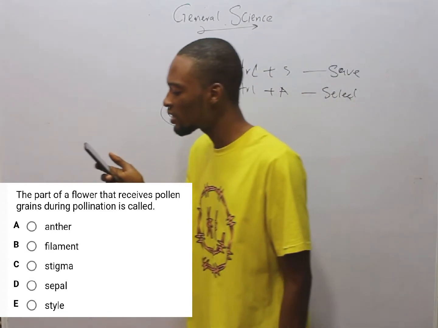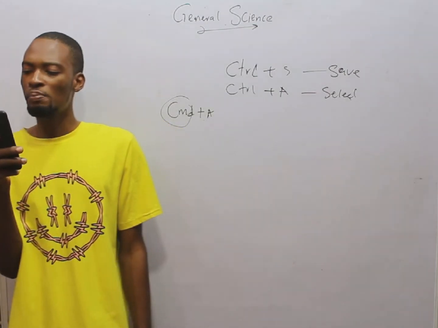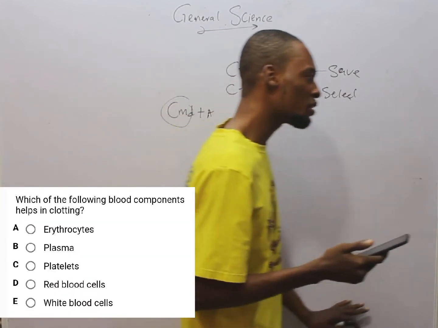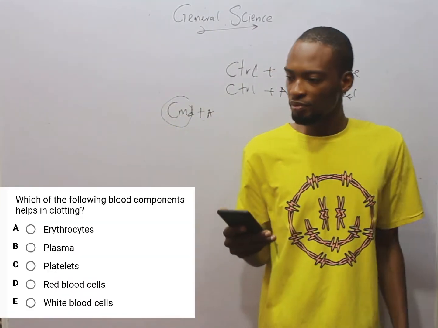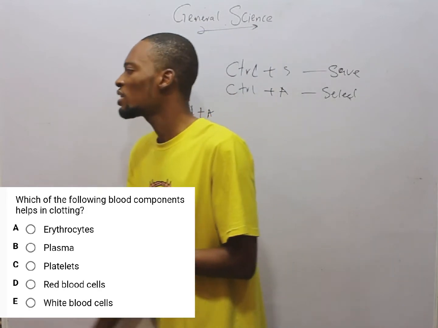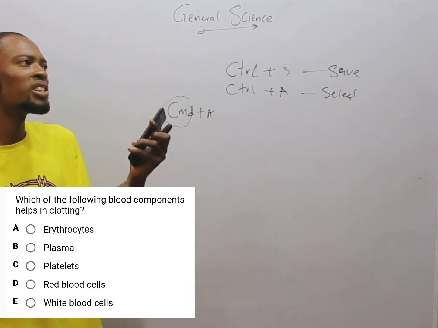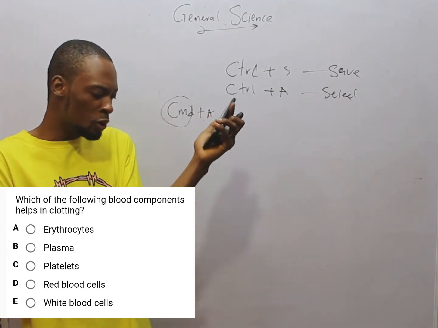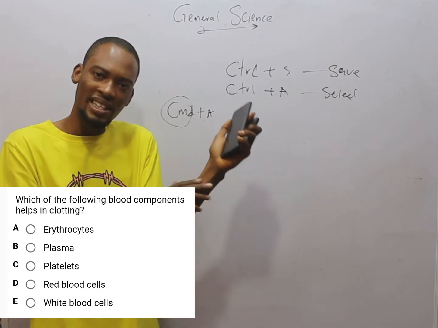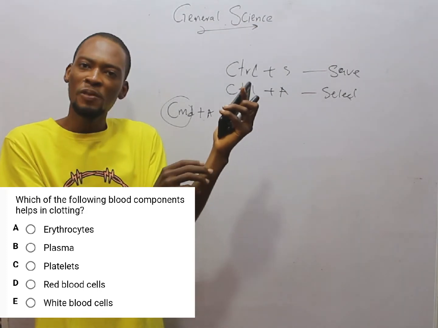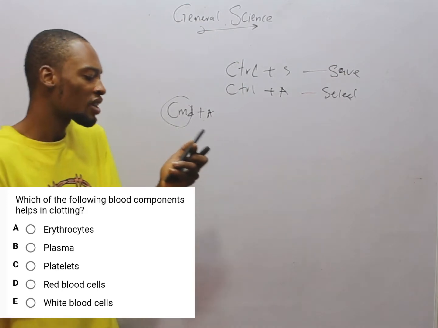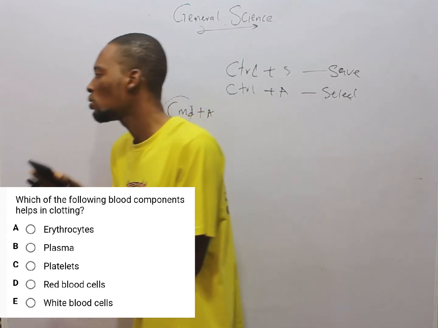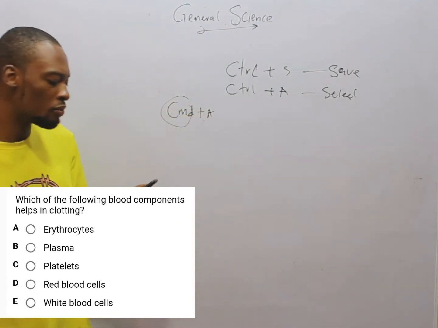It contains the anther. And which of the following blood components helps in clotting? In blood, you have the red blood cell, white blood cell, and the platelet. The platelet, they help in clotting. When somebody injures, or if you've injured before, you notice that outside, after some time, the blood stops flowing. You see a thick black blood. If you try to cover the wound, very thick, you can even touch it. You notice that this place is thick, blood isn't coming out again. That is referred to as platelet, and the process is referred to as blood clotting. So platelets help to clot blood.